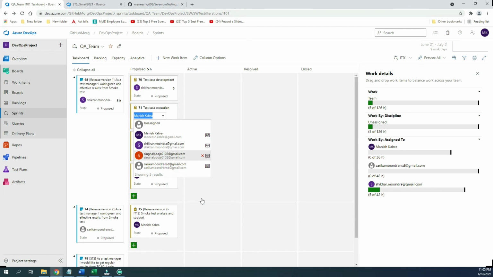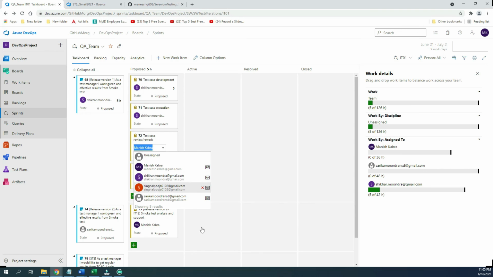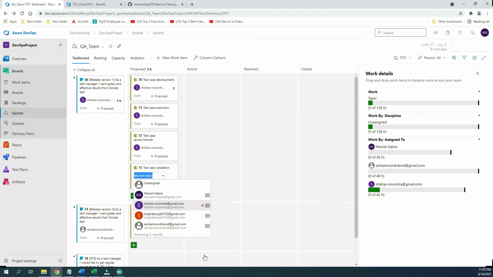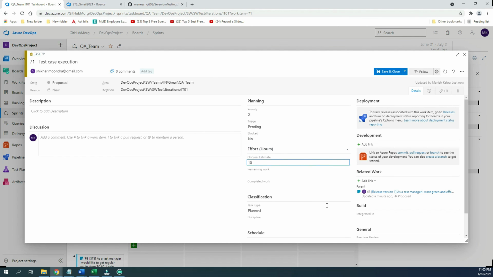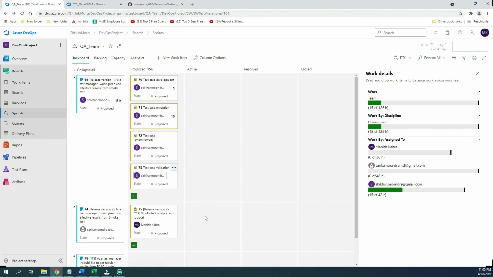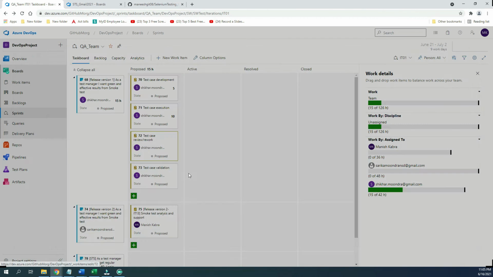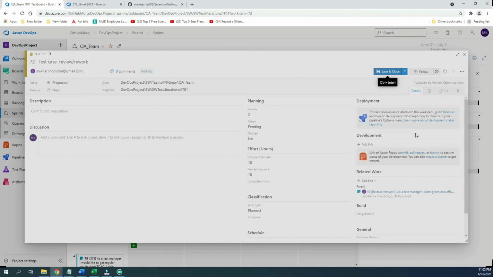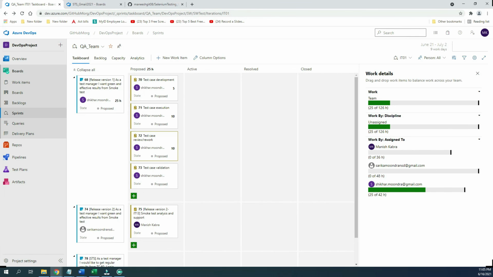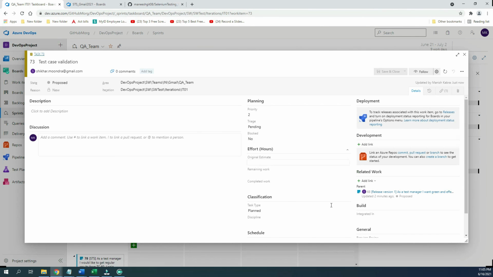You can see the capacity moved accordingly. This is 5 hours. Consider one person wants to take 10 hours for this particular activity, and for another he wants to spend 10 hours again. And for this activity it might require only 4 hours.